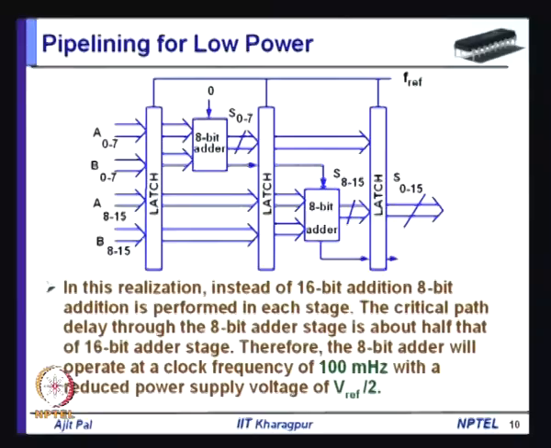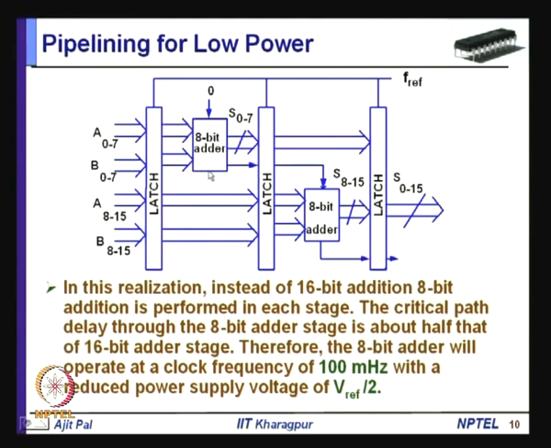So, you will require 2 8-bit adders, one 8-bit adder in a particular stage and another 8-bit adder in the next stage, and intermediate results are stored in these latches. You can see that S0 to 7 will be stored here, and this carry will pass on to the next stage, and that will be added in the next clock period. And finally you get the sum S0 to 15 and the carry from this particular second stage. So, in this implementation, as you can see,